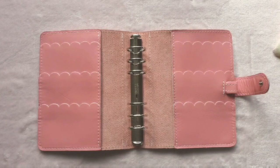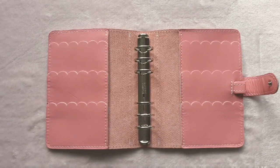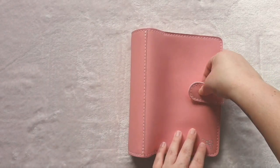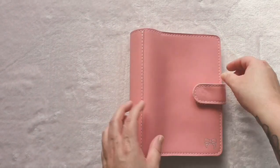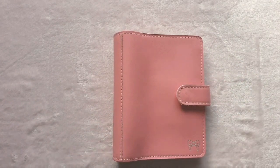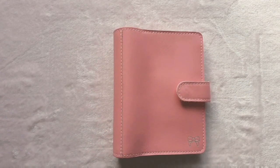So I did get the personal size because I have had a personal wide snap closure before. I had the botanical rose and it was just too big. It was too big for me. And I ended up selling that botanical rose, which I was really sad about because I loved it. But I have ordered another personal in the sugar grapefruit, which is a very similar colour, but that's a different